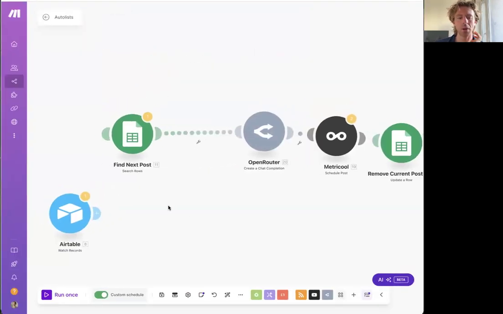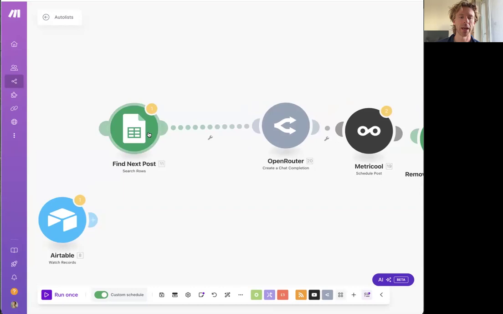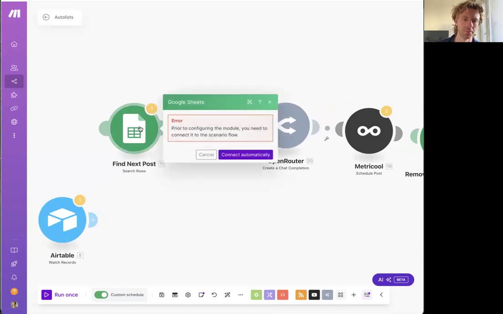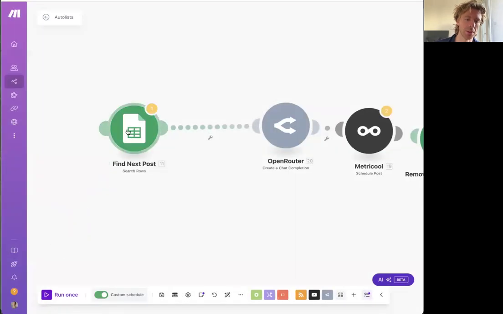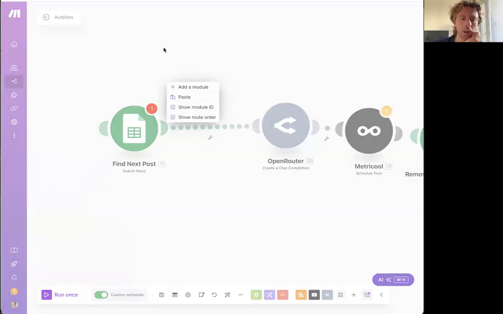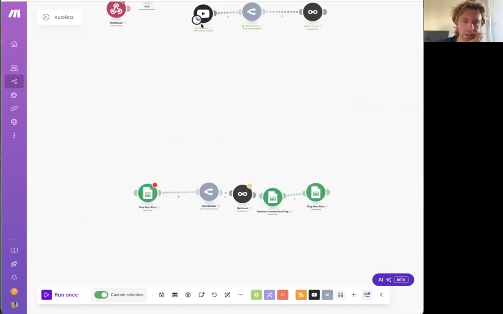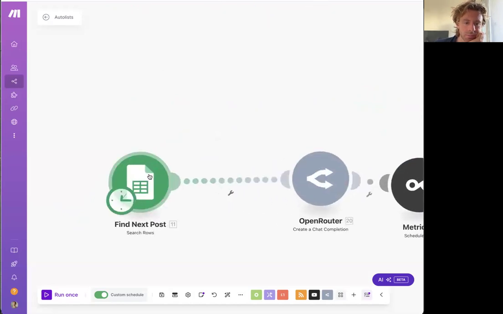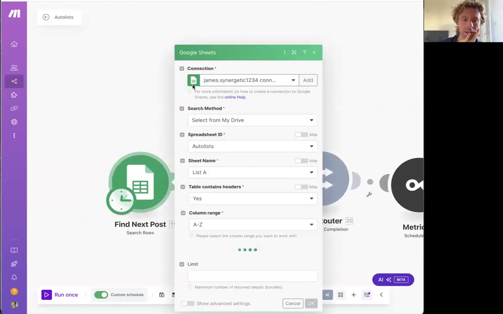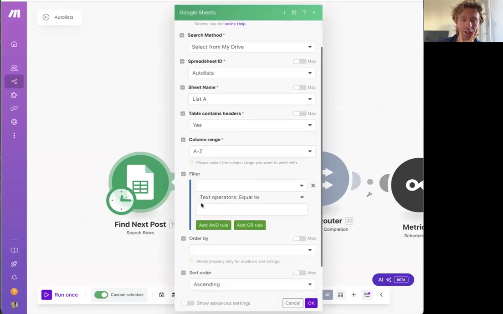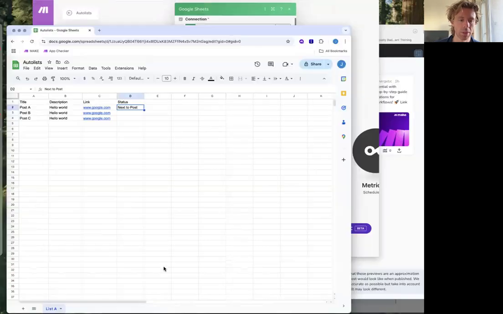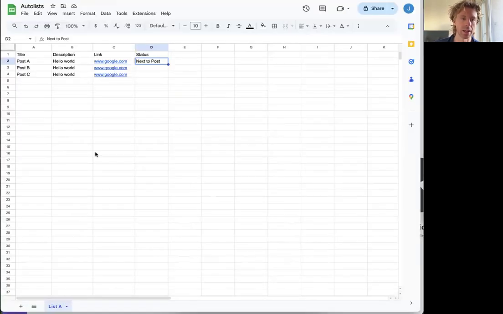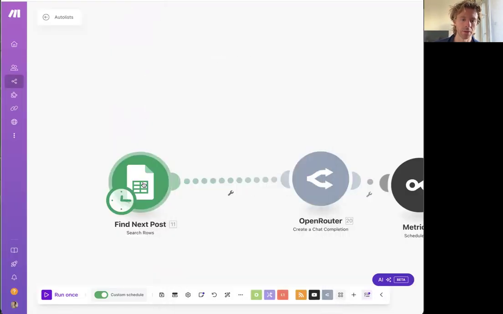But similarly, I will actually just delete this Airtable module, and I've got to set the trigger. Cool. So what this is doing is just connecting to that sheet, and it's basically saying get everything inside of this tab. Okay. So if I run this,